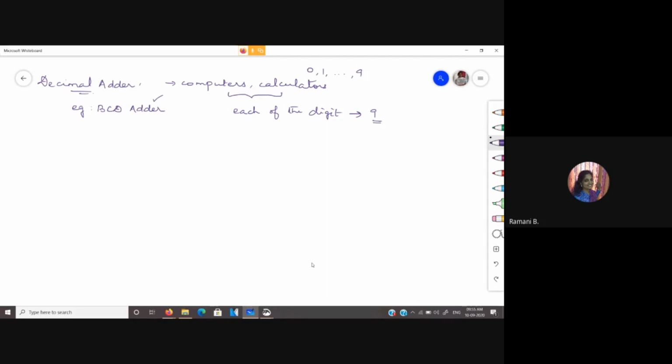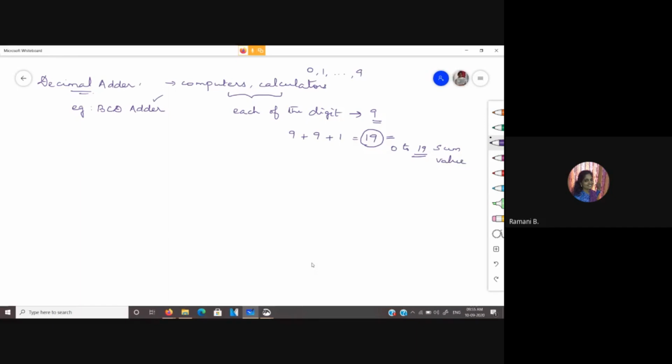And if at all there is a carry, 9 plus 9 plus carry 1 is going to be the maximum when you add this. So you can have a maximum sum value of 19. That is the only possibility for us, ranging from 0 to 19. That is the possibility of having the sum value.